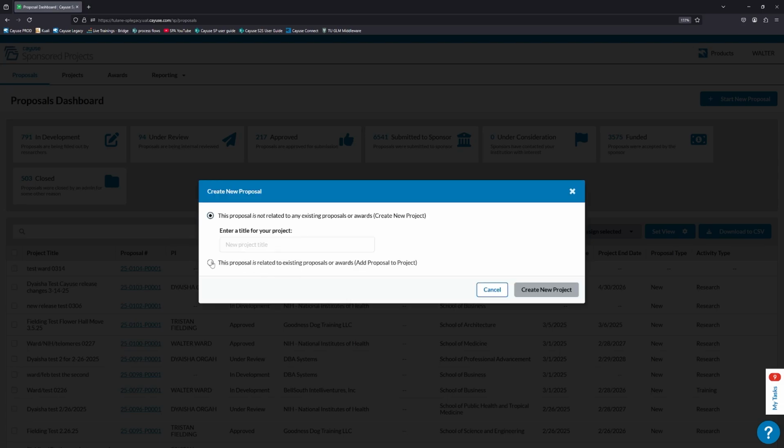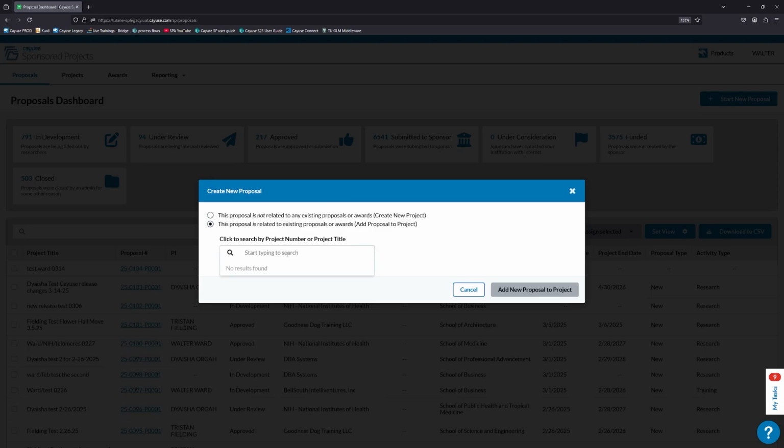If this is a project or a proposal that has been worked on at Tulane, maybe this is a resubmission or renewal, then you can search for the old project number or project title. So, if this is something you've done before at Tulane, you're sure of it, and you just need to add a new proposal into that project, click on the bottom option and you can search for, I use telomeres a